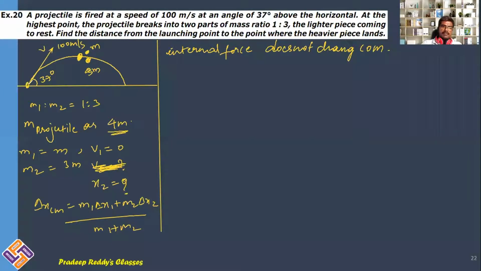This is the origin. Where is the center of mass being shifted? Initially, the center of mass is at this position here, with respect to the origin. Now, after breaking even, the center of mass path does not change. So finally, the center of mass is coming to this position. This is initially the center of mass. What is the displacement of the center of mass now? The displacement of the center of mass will be equal to the range of the projectile.